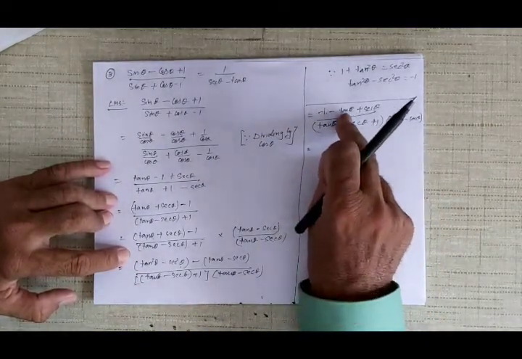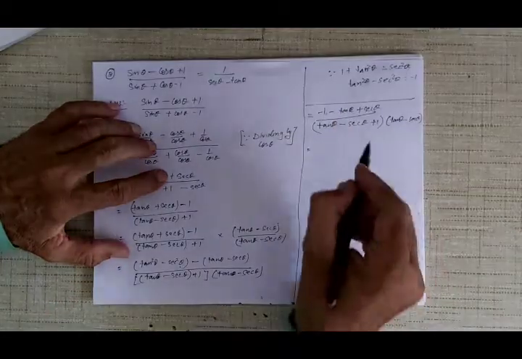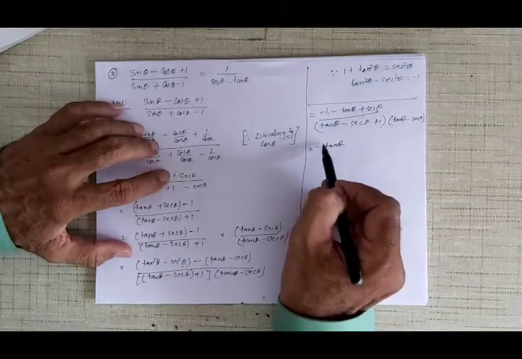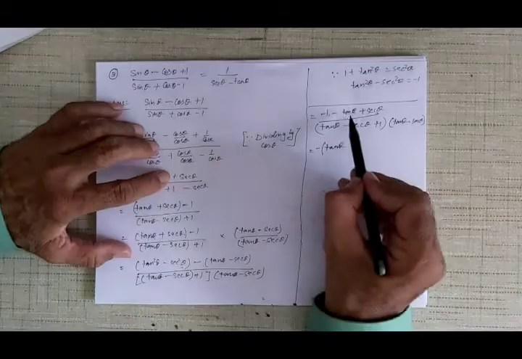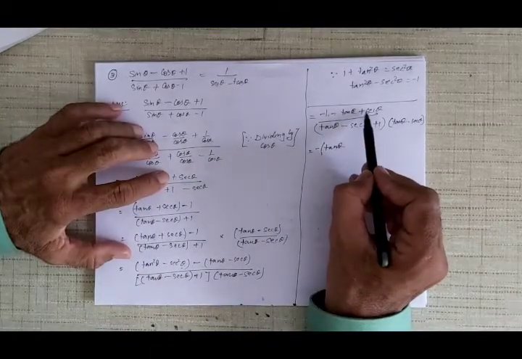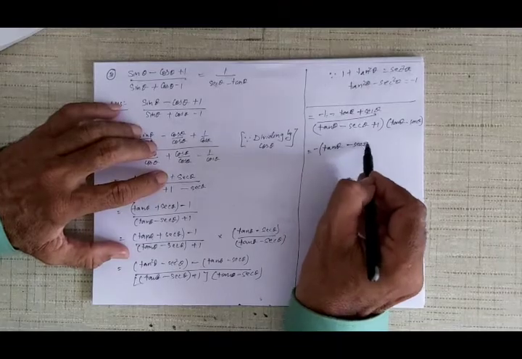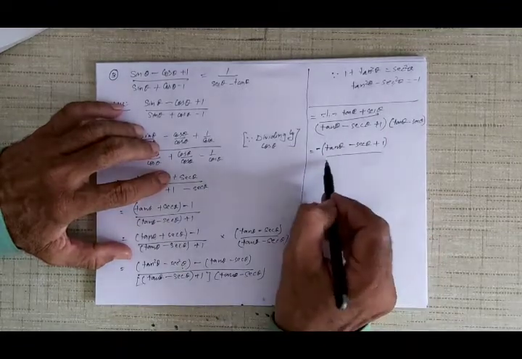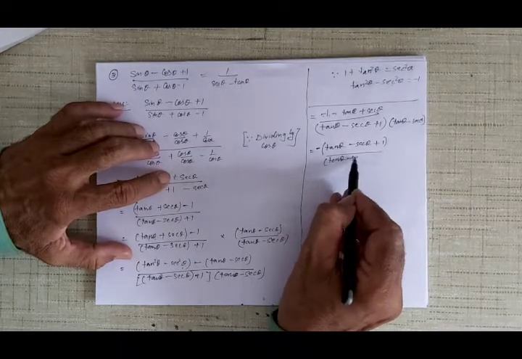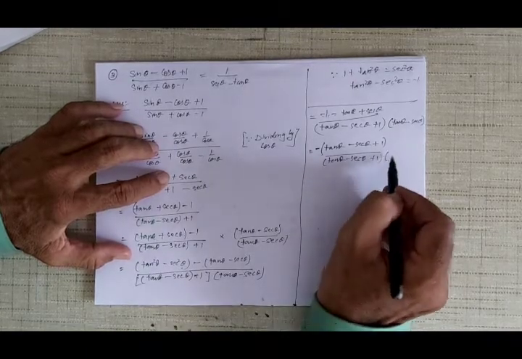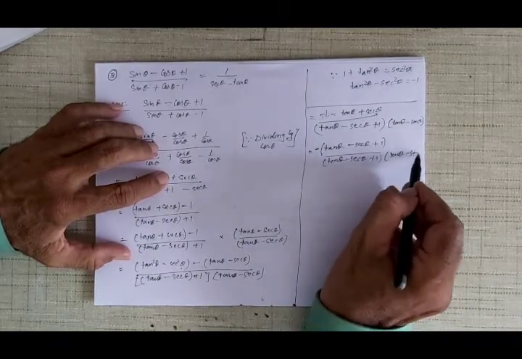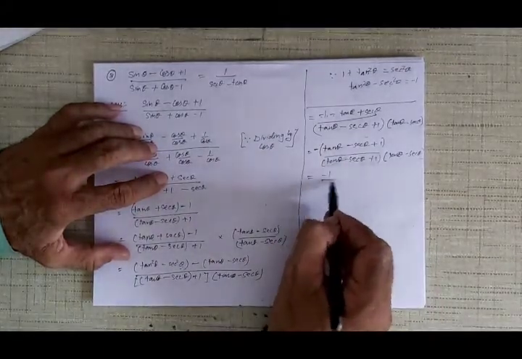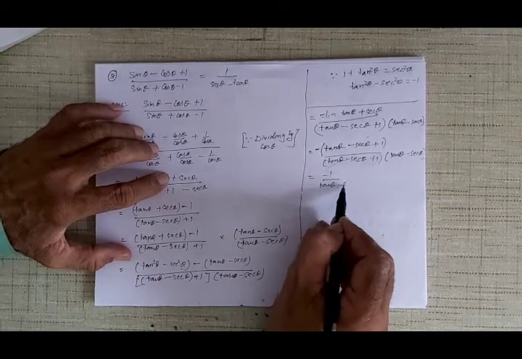I just rearrange this. Okay, if I rearrange this, what do I get? Tan theta, okay, minus. If I take the minus sign common outside, then I get tan theta, minus sign will become plus, then minus sec theta, sign will change, and minus 1 will become plus 1. I put a minus sign outside the bracket, remember that. And here it becomes tan theta minus sec theta plus 1 into tan theta minus sec theta. Okay, now this will cancel out this, and I get minus 1 upon tan theta minus sec theta.